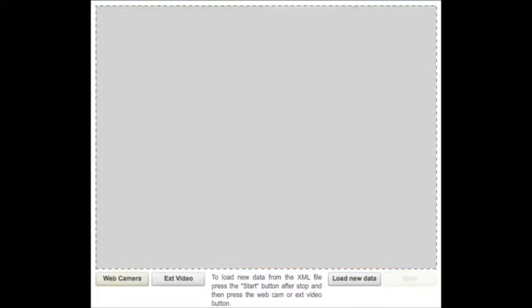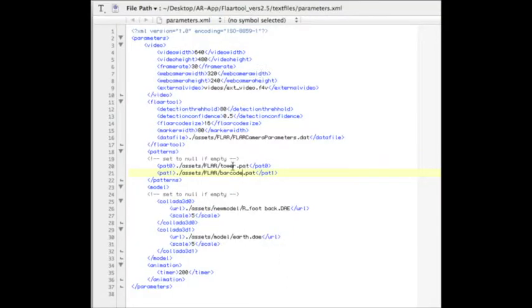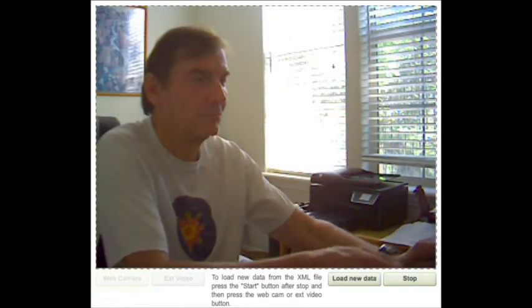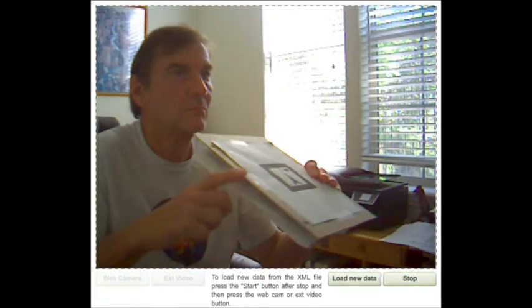However, we can also change that, which we do by now just exchanging the patterns in the data file, and we now just load the new data file, start the web camera again, and now everything is exchanged.